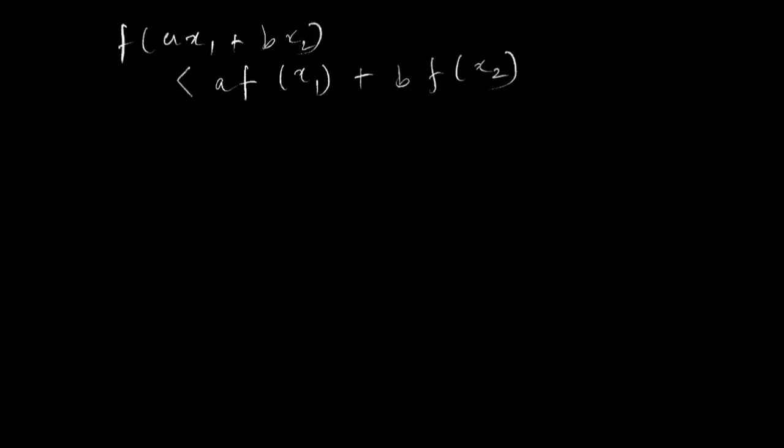What is an example? Let's say f is the cost of an airline ticket. So if x1 is the cost of the departure ticket, and this is the cost of the return ticket,